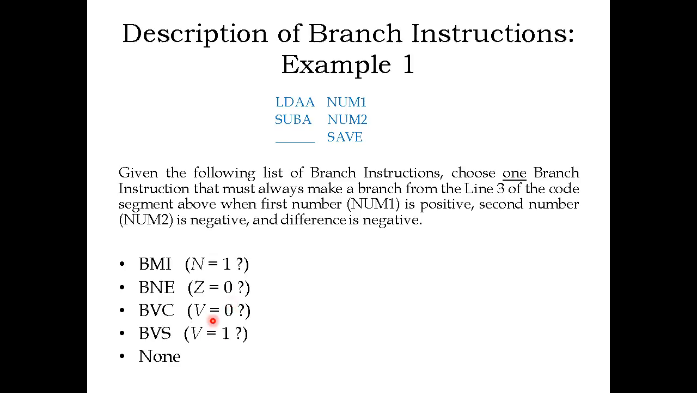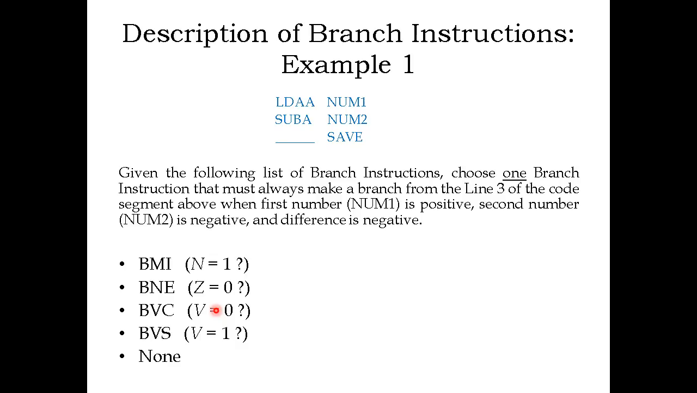How about these two? Let's check the V flag. What happens when you have two numbers? First number is positive, second number is negative, and the result is negative, and you are doing a subtraction. So let's say you are doing a subtraction. First number is positive, second number is negative, difference is negative, right? That's what you are told, right? What happens? V flag is set, right? V flag is set, so V equals 1 then. So that means BVS will also work,